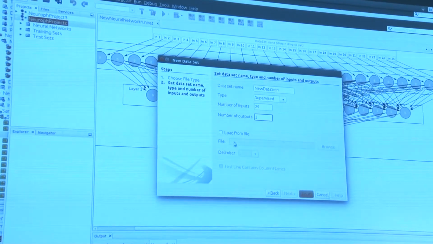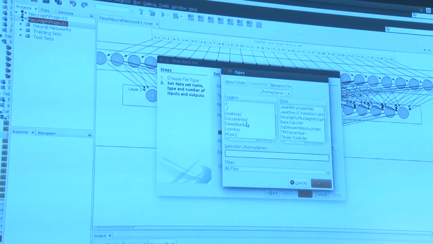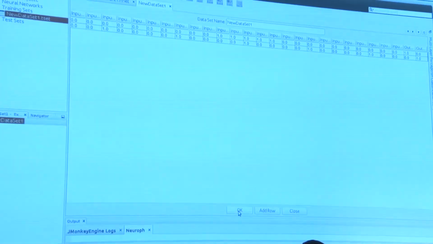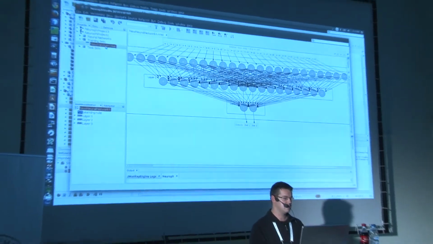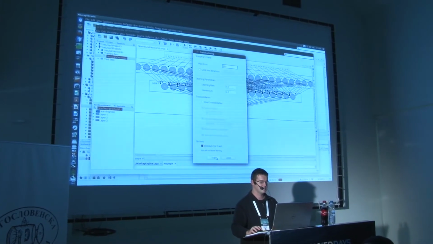and 2 outputs. We want to load it from file, check file, and select this file prepared for, let's see, we import, it is the same data set that we have showed in code, and again, we just drag and drop code and hit training.